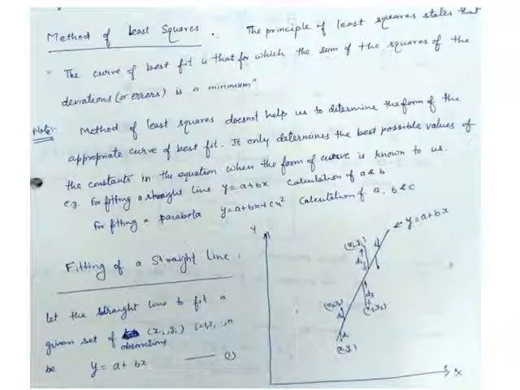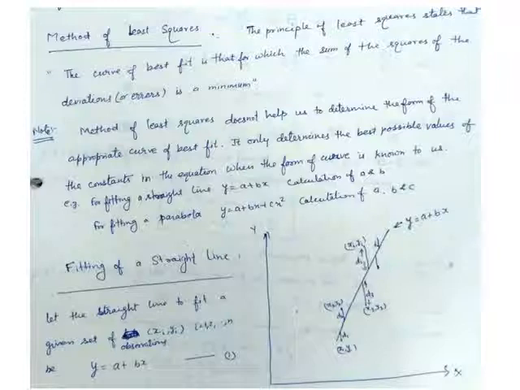So now let's come to it in detail. The method of least squares states that the curve of best fit is that for which the sum of the squares of the deviations is a minimum. Like in the earlier graph we explained, the same graph is on this page also, at the bottom. We need to minimize this deviation. Since the deviations are positive in some places and negative in others, we take the squares of these deviations.